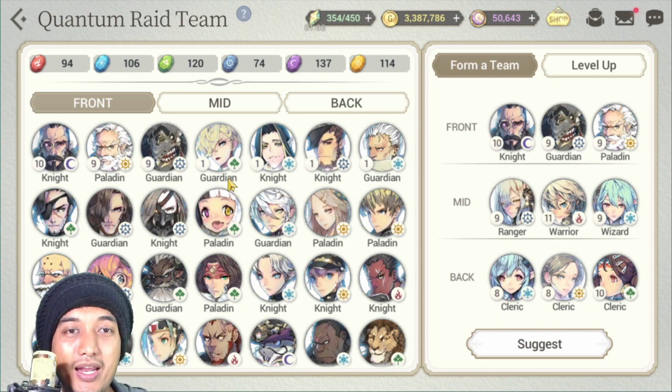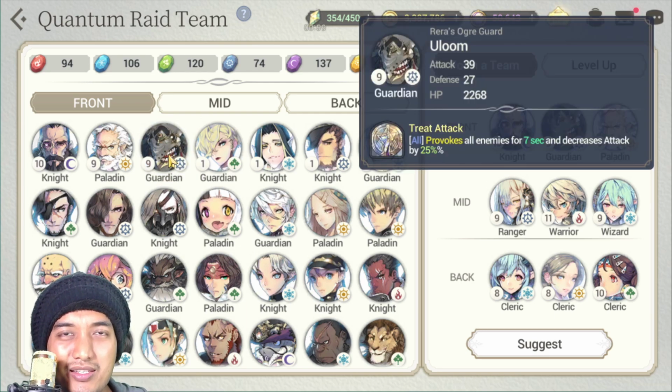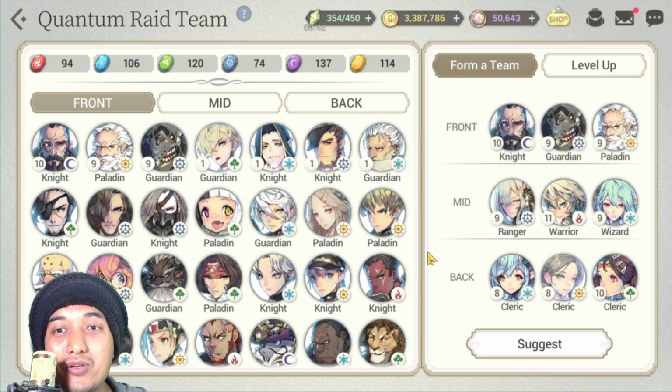Yes, you heard me right. Like, let's say for example Naomi, or let's say Ulum. Why Guardian units in particular? Well, the thing is that they can provoke the enemies for a very long duration of time, and they can decrease their attack as well. Being able to provoke the opponent is a really good way to attract, or let's say force, the opponents to attack them only. All right, these Guardian units,